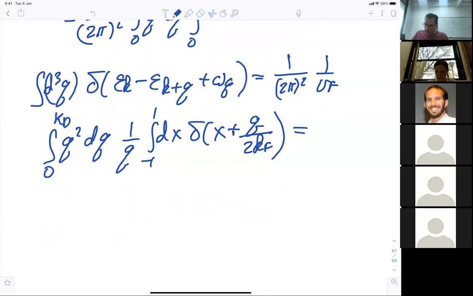This is equal to 1 over 2 pi squared v Fermi, integral from 0 to k Debye q dq,